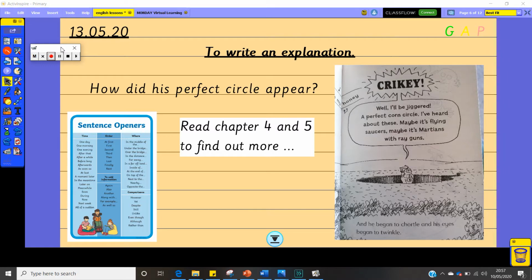You've worked so incredibly hard all week, and I can't wait to see your ideas for how this perfect circle appeared in Farmer Rafferty's field. So today in English, we're going to write an explanation to explain how a perfect circle appeared in the middle